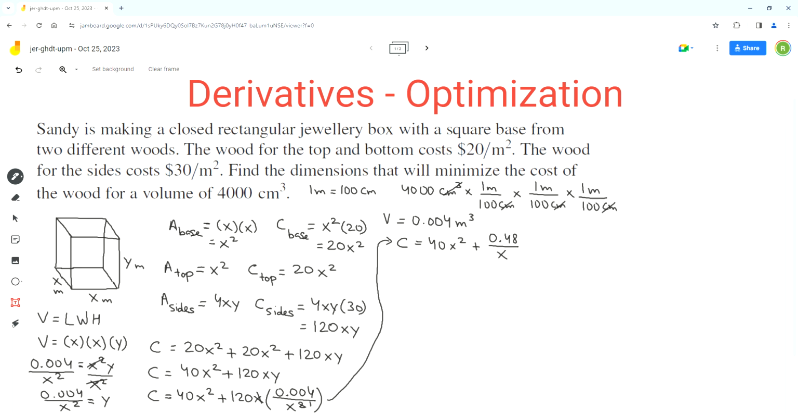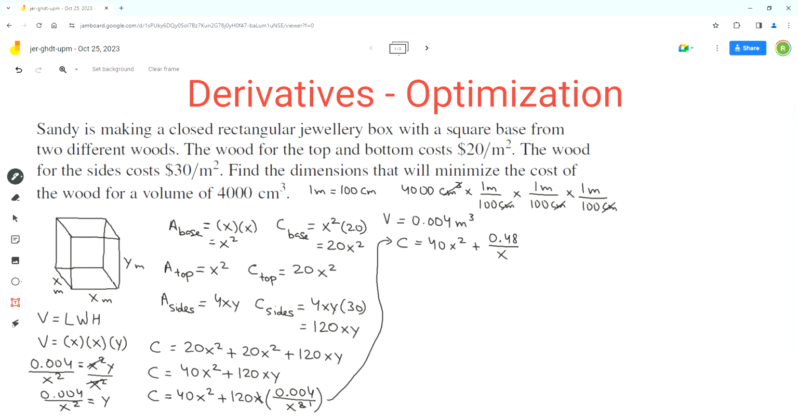Now we have to find the derivative of this cost function, because we have to find the dimensions that will minimize the cost. That means we have to find the x values at which the graph of the cost function forms valleys, and at the valleys the tangent will be horizontal, so the slope of the tangent will be equal to 0. So we'll find the derivative of this cost function and then set it